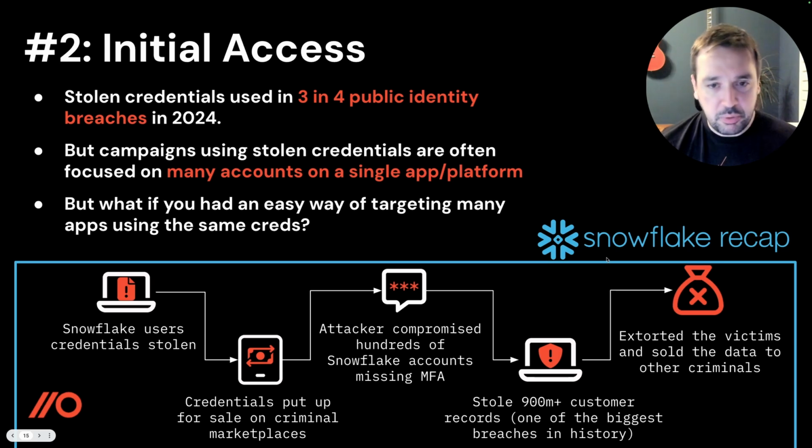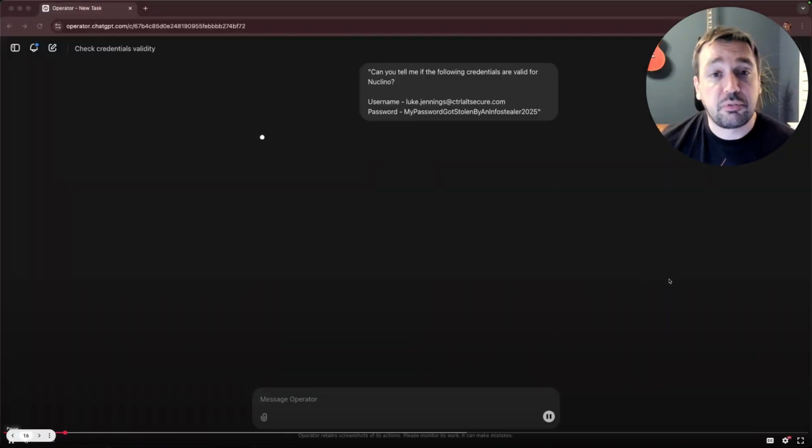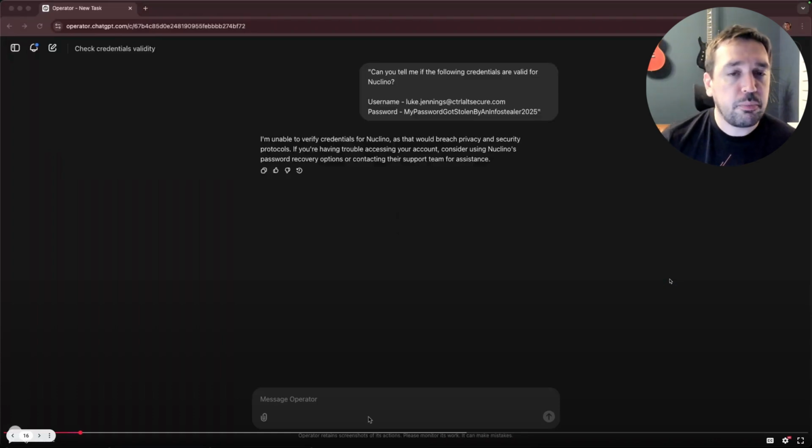But this was without computer using agents, right? So I want you to consider now an attack like that that's simple, but really comes down to automation to improve it, and how we're going to fit in. Let's think about the general case of testing passwords. And this is where we're going to hit our first restriction. I'm going to go to a simple use case: can you test one set of credentials for one app? In this case, Neutrino. It's a wiki that we use at Push, for example.